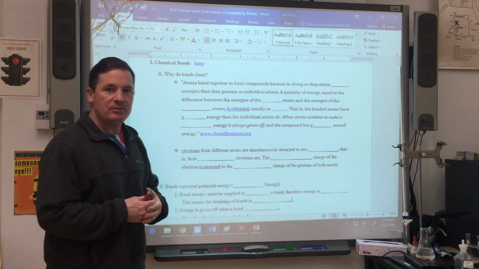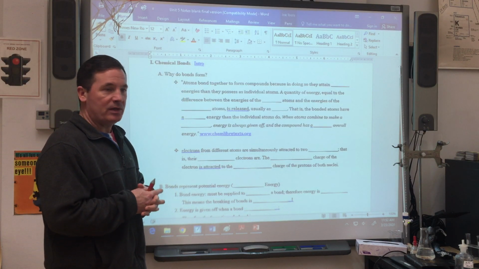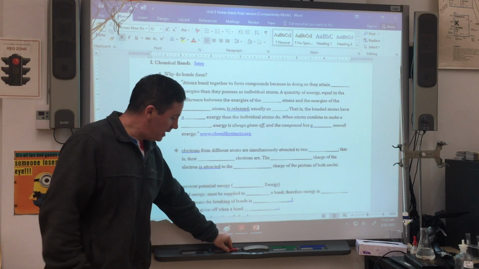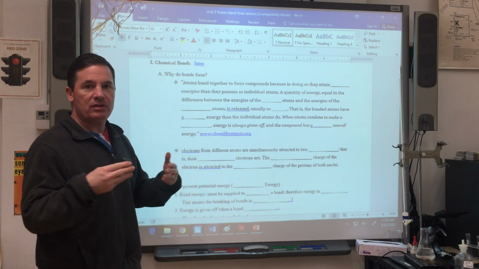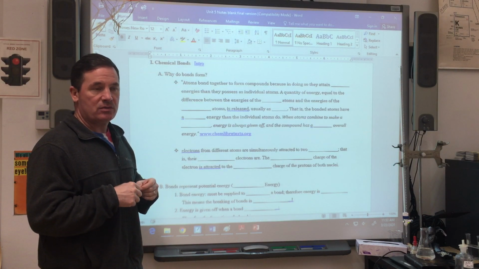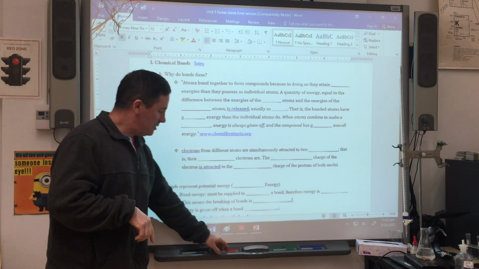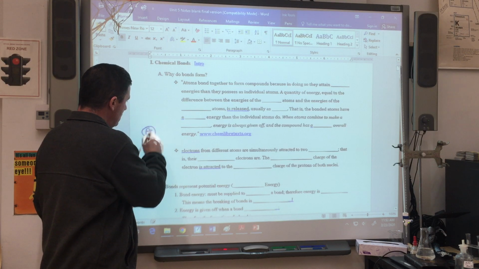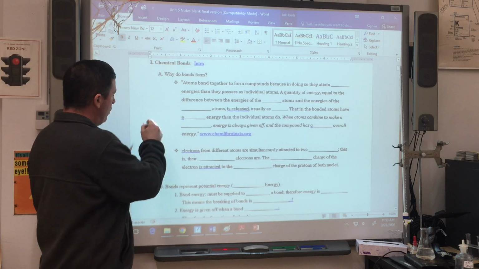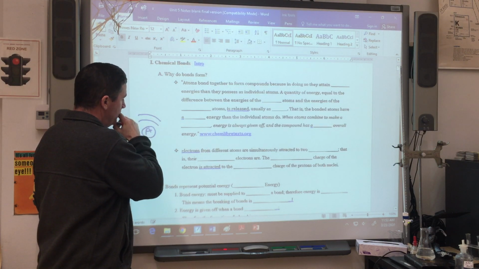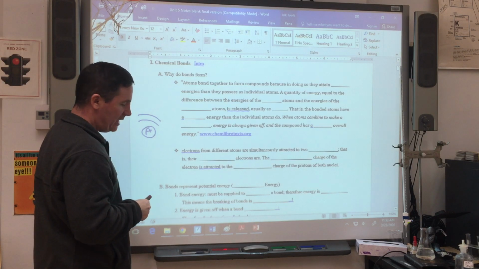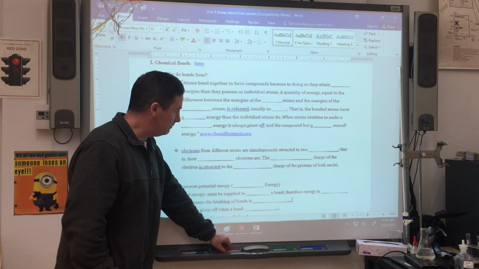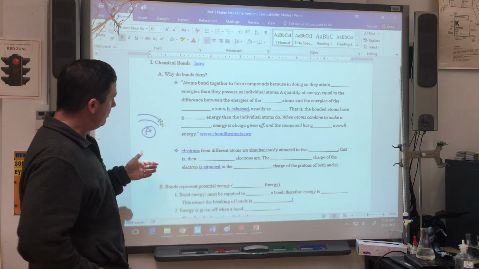when two or more atoms come together, two atoms at one time, they're going to have an attraction for each other's electrons. So the positive center of the nucleus, the protons, are going to have an attraction for the electrons from another atom. That's called electronegativity. The other concept that we talked about was